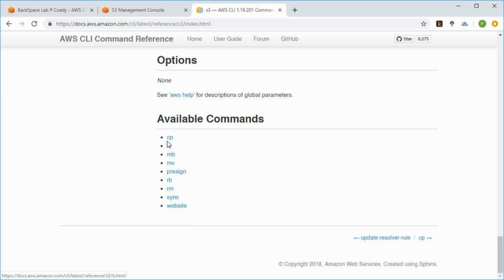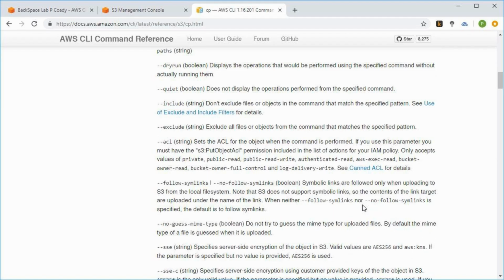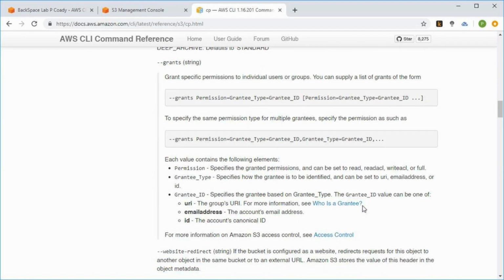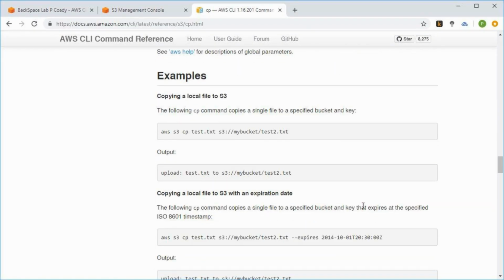So let's have a look at one of the ones that we've been using there. So CP, and we can see there, it's going to have different options and whatever that are available. It'll have an example if we scroll down. Okay, so there we can see we've got an example. Now what you do there is that first off, we define that local file, and then we define where we want to send it to. So we just sent it to my bucket, but if you wanted to change the name of that, because you can see here we're going from test to test2, you can actually put that extension to that bucket name there.